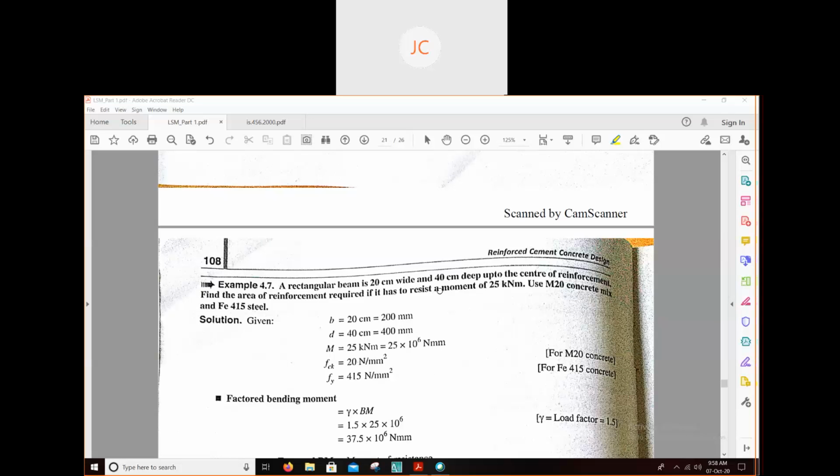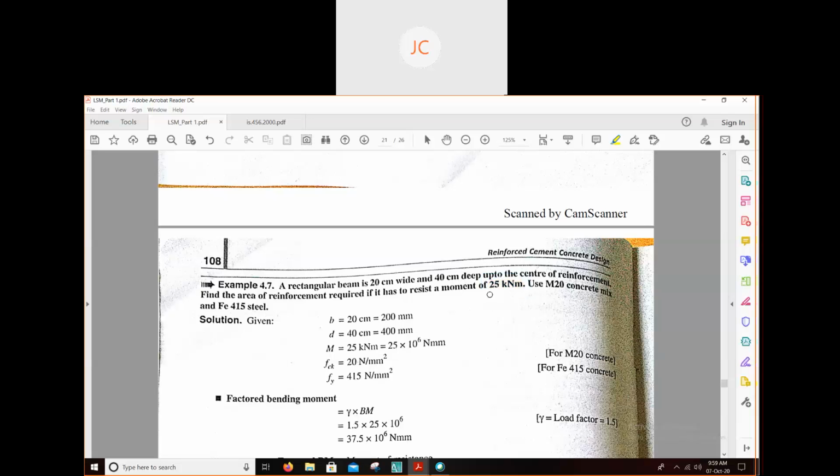Sometimes it may be directly written: find the area of reinforcement if it has to resist a factored moment of 25 kilonewton meter. In that case, this factor has already been multiplied, so there is no need to multiply it again by 1.5. Here it is not mentioned, therefore